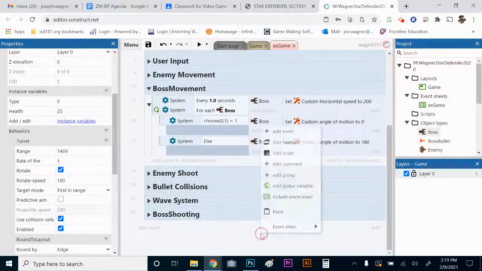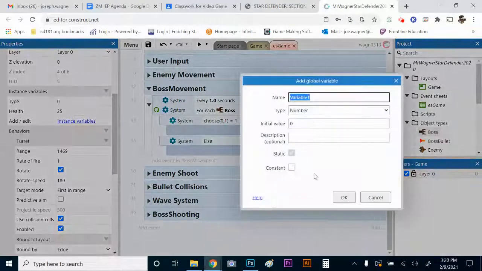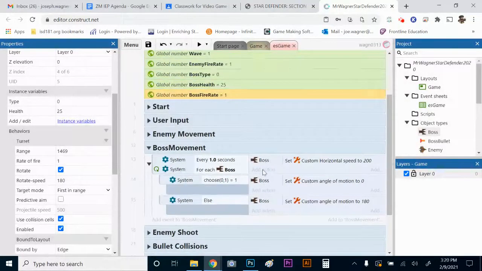And let's add another global variable. We're going to call this one boss fire rate. There we go. And the boss fire rate should start at 1. Okay. All right. So we got those two global variables in. So we should be good to go there. All right. So then what we're going to do